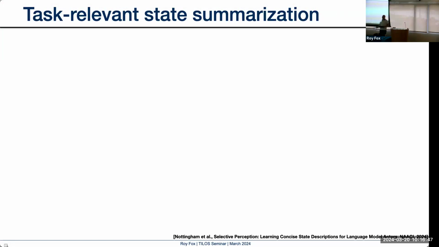Task-relevant state summarization, right? So can we take that textual state coming out of maybe a directly textual environment or a vision-language module and summarize it so that we don't need to work with the full text? If we do work with the full text,